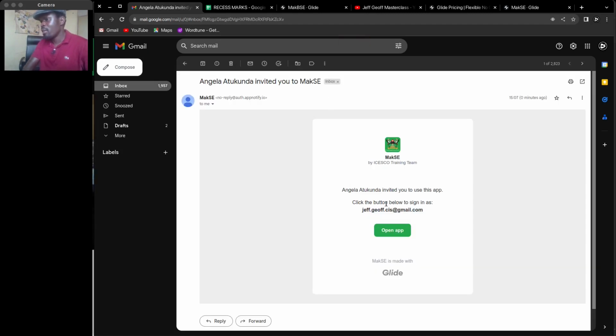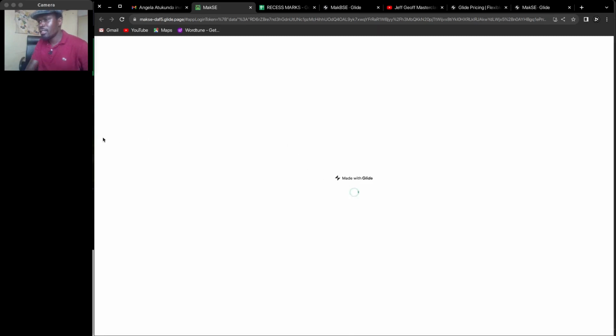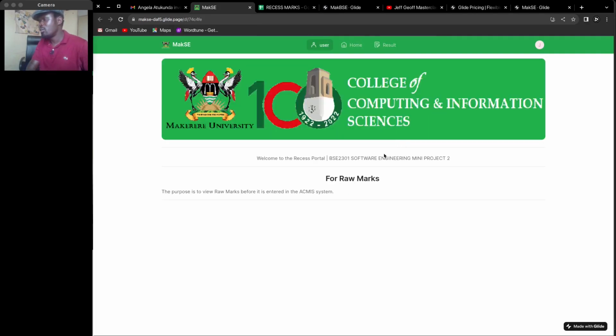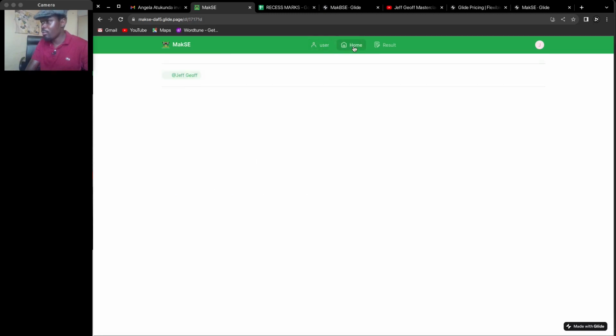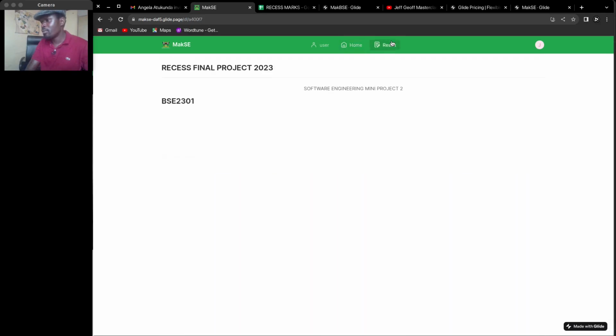So when I come here to open this application, open the app. Now the app is going to ask for the user login credential, because I've been invited through the application. Now in the user view, this is what I see. But if I was using the phone, I would actually view it much better. So this is how the web application looks. I can come to home, and it displays these images that we put. When I come to results,